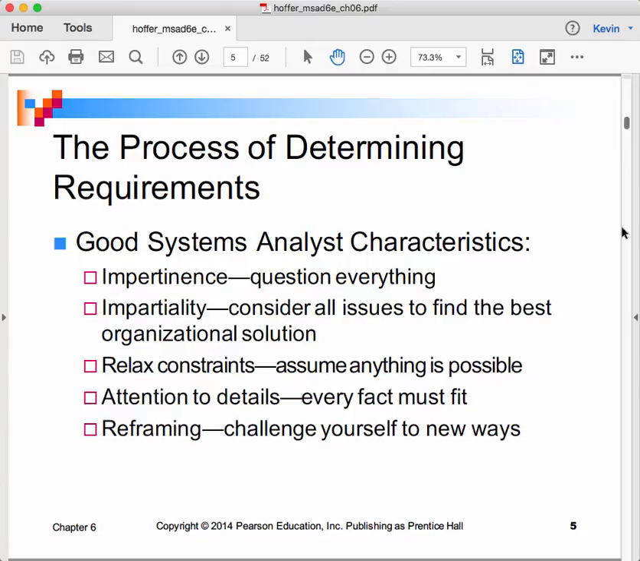Reframing, challenge yourself to new ways. This kind of links back to both relaxing the constraints and impertinence, okay? I want to talk about one other kind of reframing that I find helpful in the approach to systems analysis, and that is, what if we took our problem and pretended that we had a problem that was kind of similar to this, but in some other profession or industry or walk of life? And then how would they solve it? Right? So, for instance,